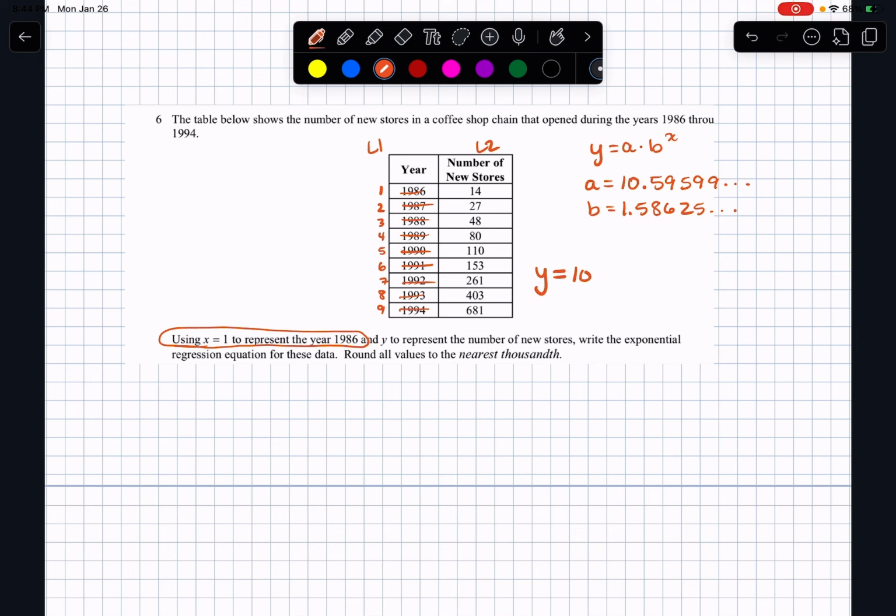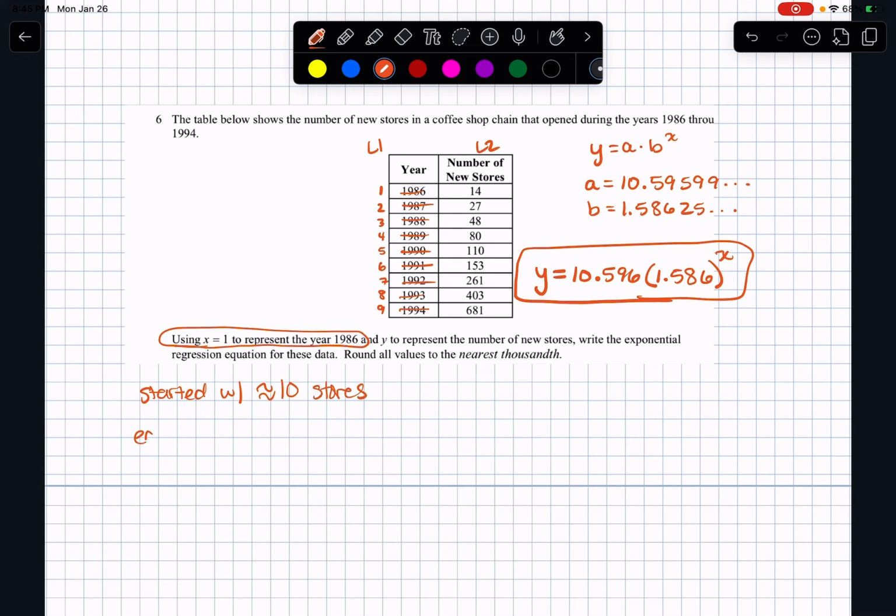y equals 10.596 times 1.586 to the power of x. And just like I can find a line of best fit, this equation models how this coffee shop is expanding. So what does this mean? This means that my store, the coffee chain, started with approximately 10 stores, right? And each year